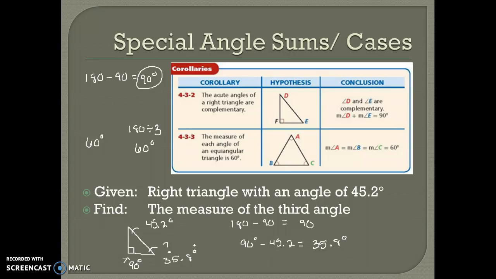Again, you can always check your math by adding up all three angle measures and ensuring that you get exactly 180 degrees. So 35.8 degrees plus 45.2 plus our right angle, which is 90, gives us, actually,